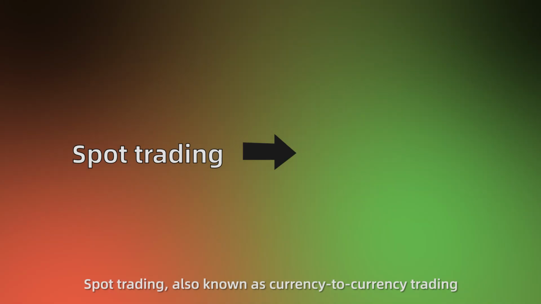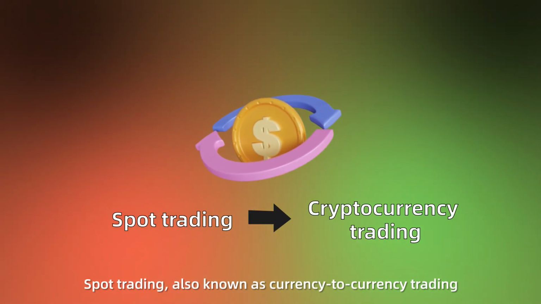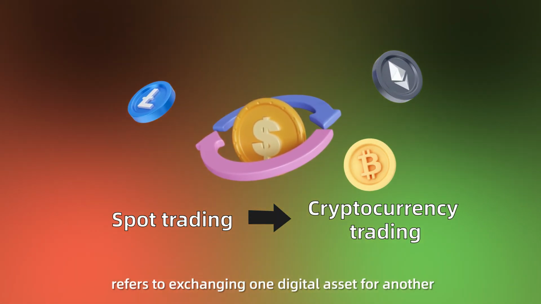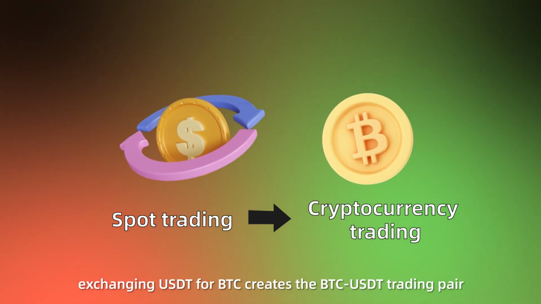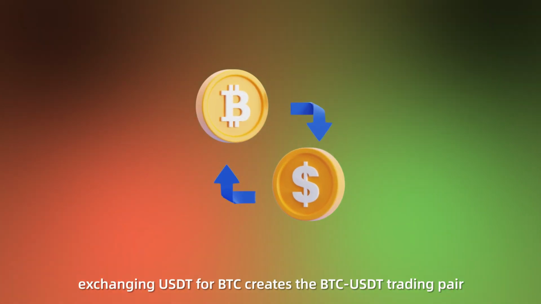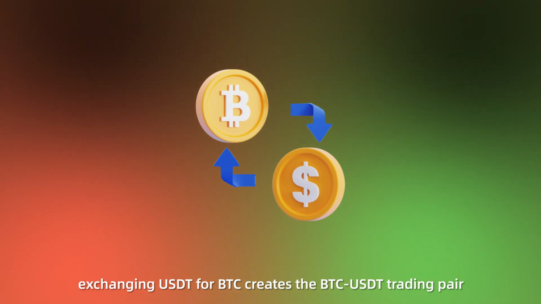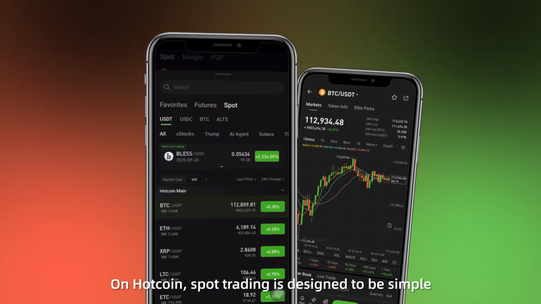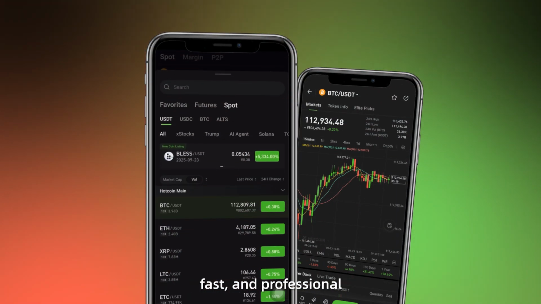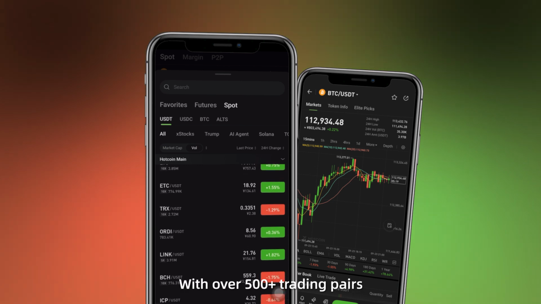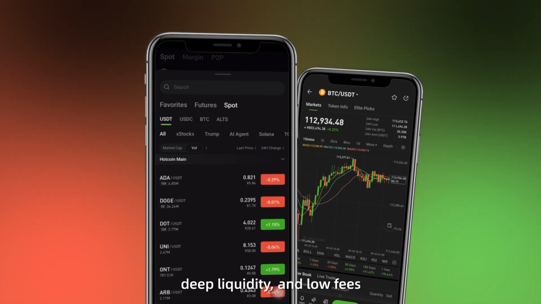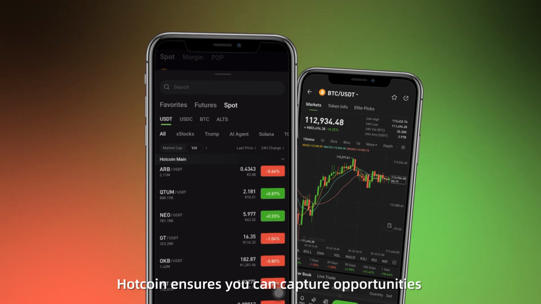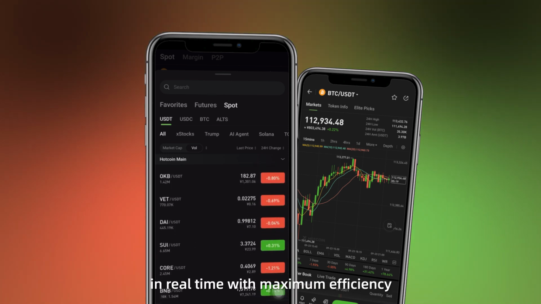Spot trading, also known as currency-to-currency trading, refers to exchanging one digital asset for another. For example, exchanging USDT for BTC creates the BTC-USDT trading pair. On Hotcoin, spot trading is designed to be simple, fast, and professional. With over 500 trading pairs, deep liquidity, and low fees, Hotcoin ensures you can capture opportunities in real time with